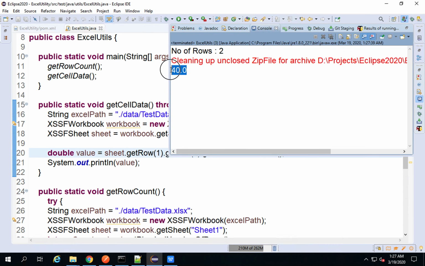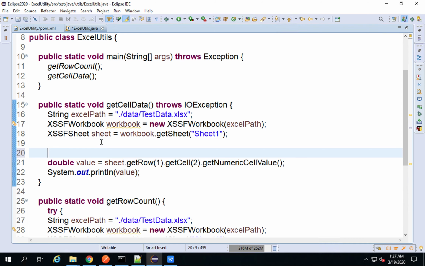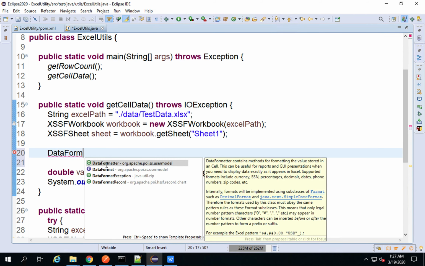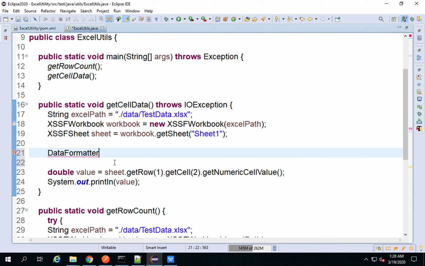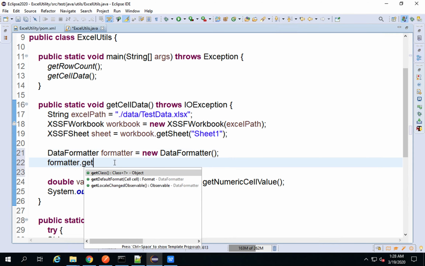However, it is converting into a decimal, and I do not want this. I can do some typecasting, but a better way, so that I do not have to use different functions for different data types, is to use a DataFormatter, and this is again coming from Apache POI. I will use the DataFormatter. I can give any variable name, let's say formatter equals new DataFormatter, and then I can say formatter.get,